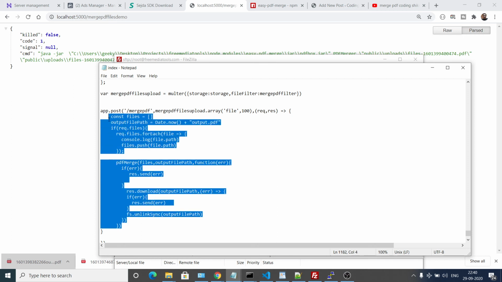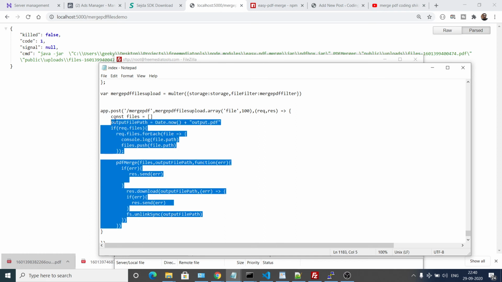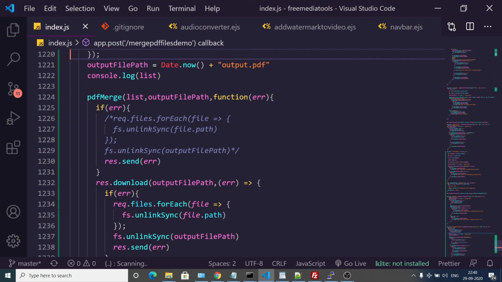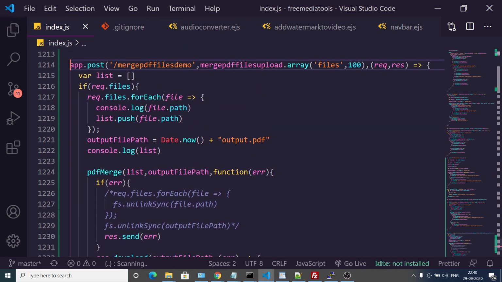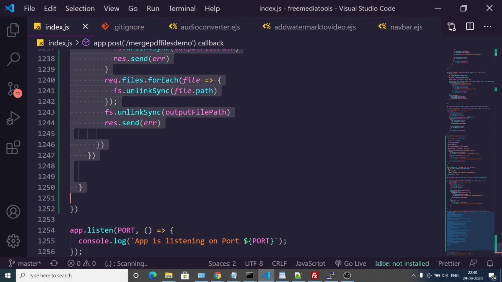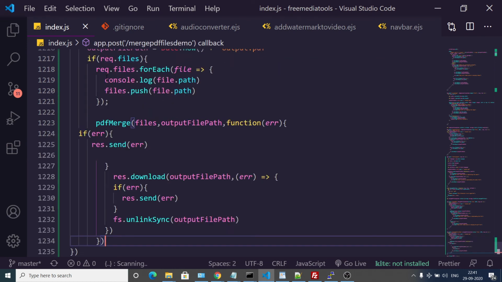Let me just paste this code here. Paste it.